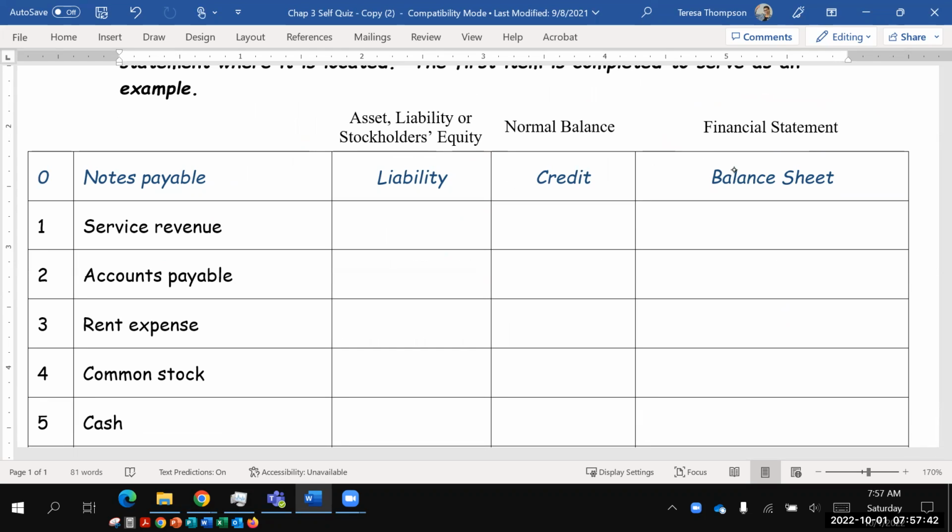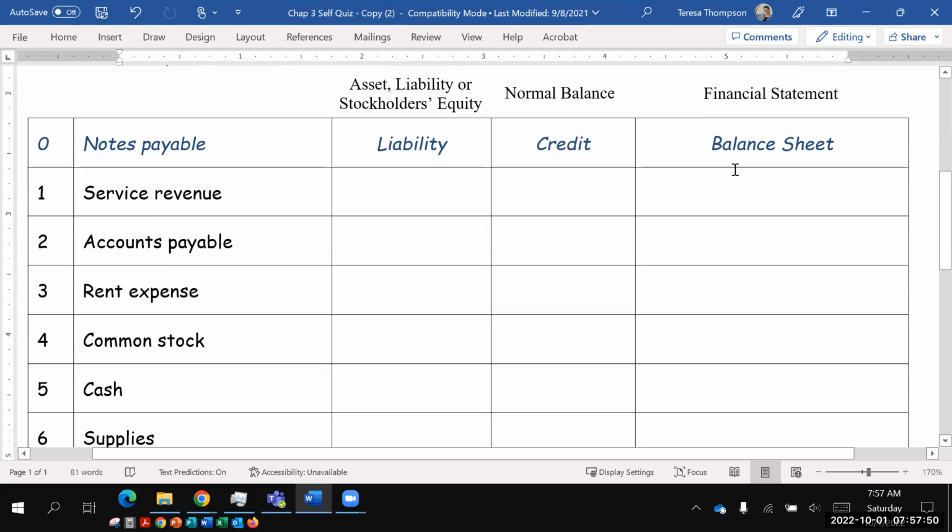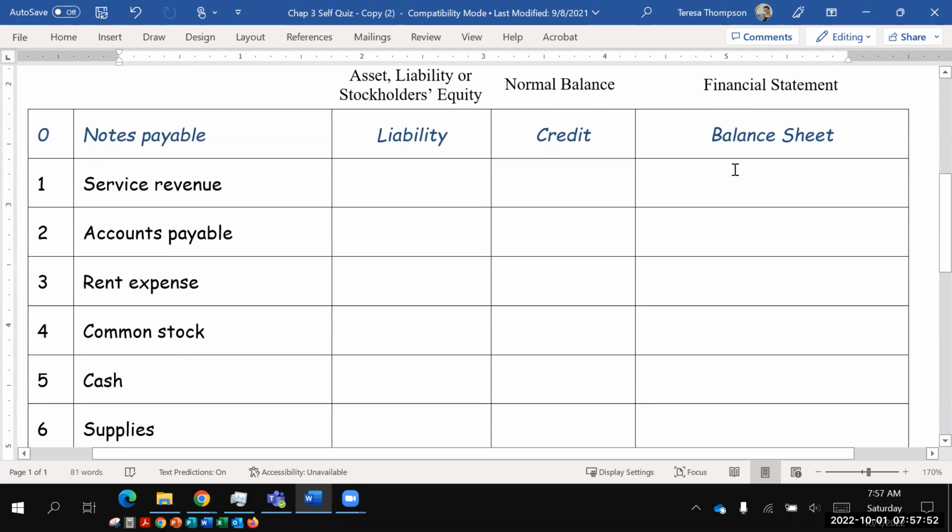All right, the first one's done for you as an example. Service revenue. And again, hopefully you've tried this. If not, pause and try this on your own. That's the only way you'll get feedback to see if you really understand these concepts. All right, so assuming you've tried it on your own,